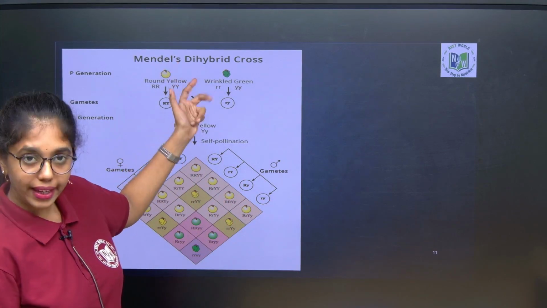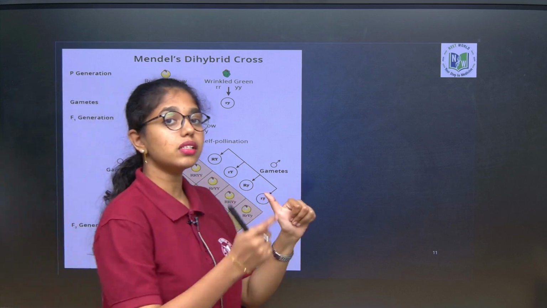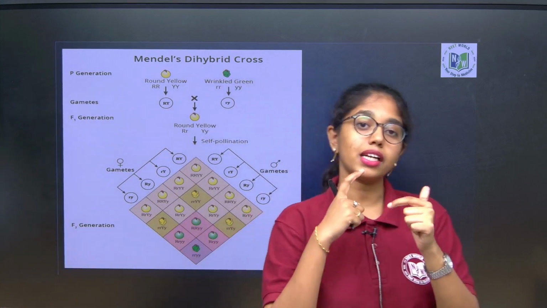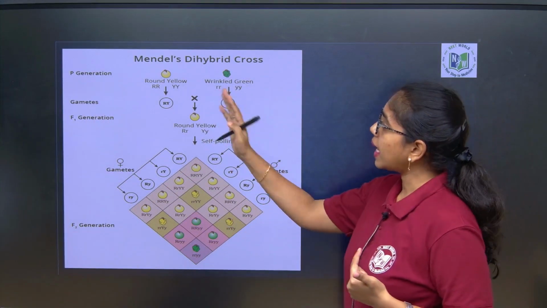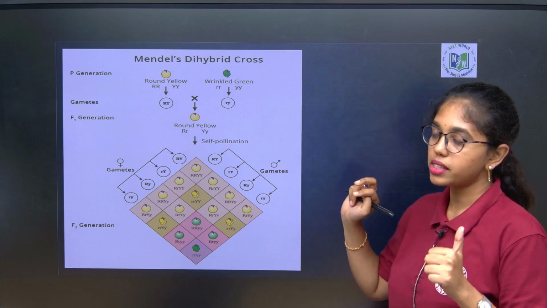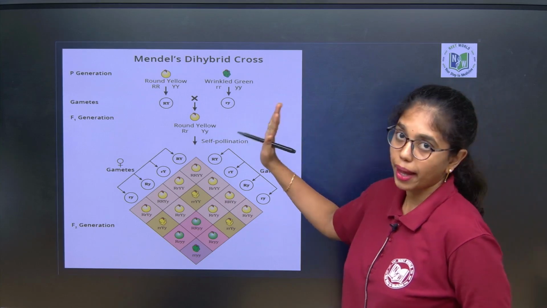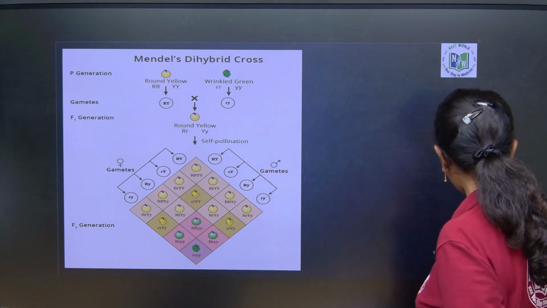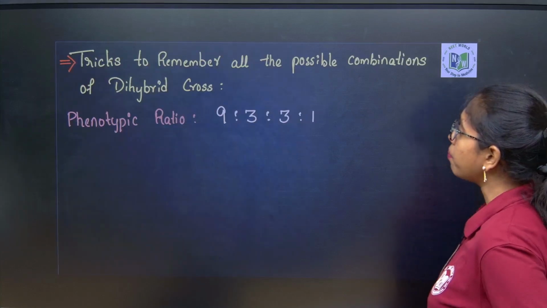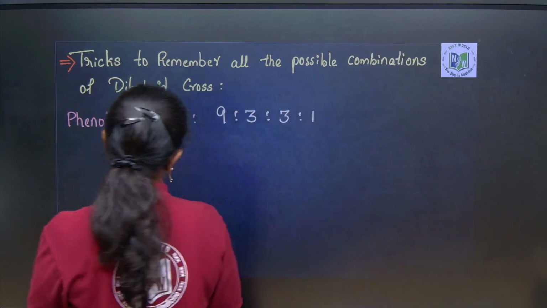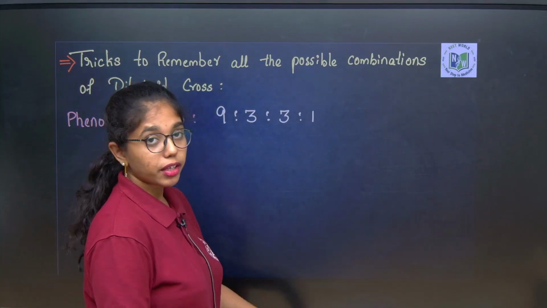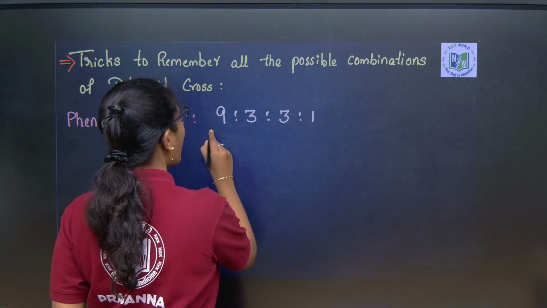In our academy, the example taken is seed color and seed shape. These are the two traits considered, that is why it is a Mendelian dihybrid cross. Now, if we have to quickly go through the examples and the numerical part, what we can expect from the dihybrid cross, you have to remember this